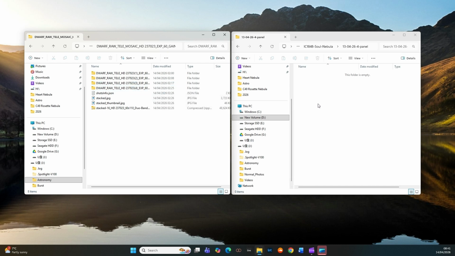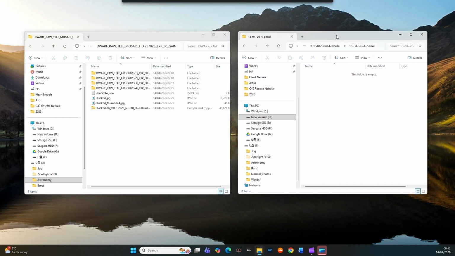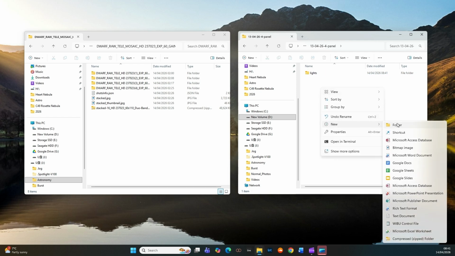So to prepare things, I've already created a window over here on the other side, and I'm going to create a folder called lights,